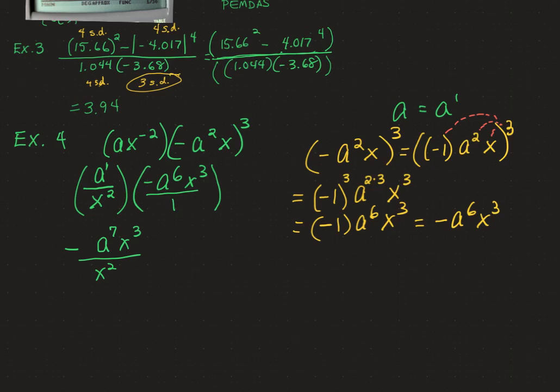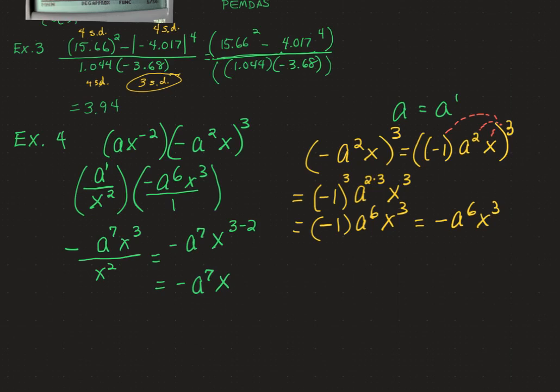To be a stickler for the things that we have been talking about today, we have a negative a to the 7th x. We have same base, different exponents, the largest exponent in the numerator. So we rewrite the base in the numerator, subtracting the powers like that, and we get negative a to the